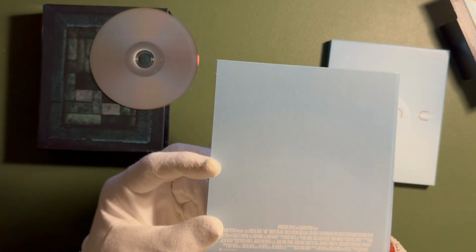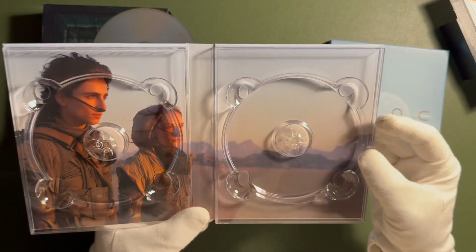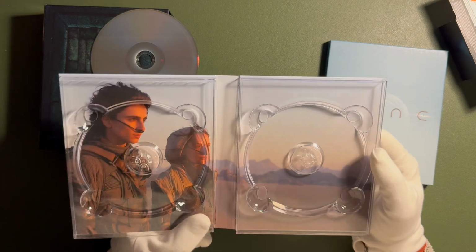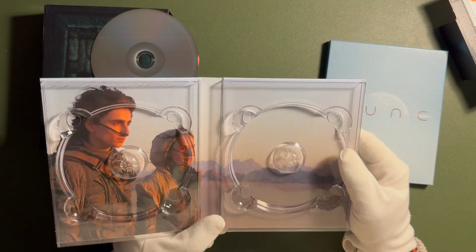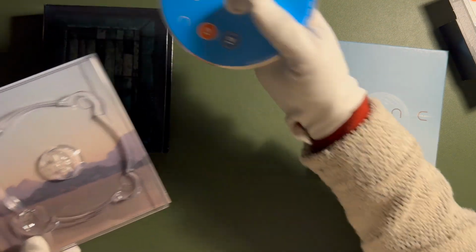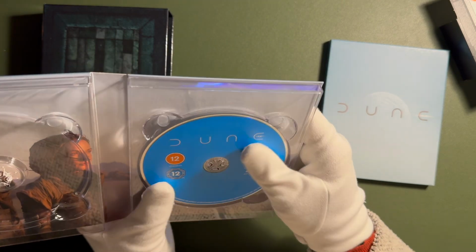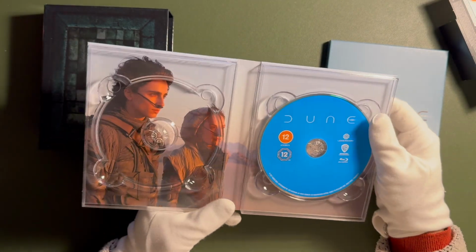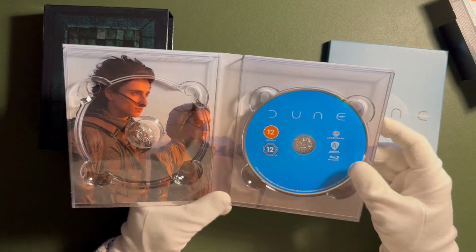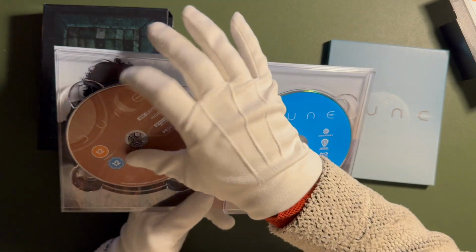which is, I think, probably one of the only times that Warner Brothers was doing digipacks in their editions. Yeah, I'm not feeling too bad about it. I prefer this digipack than a plastic case. But yeah,